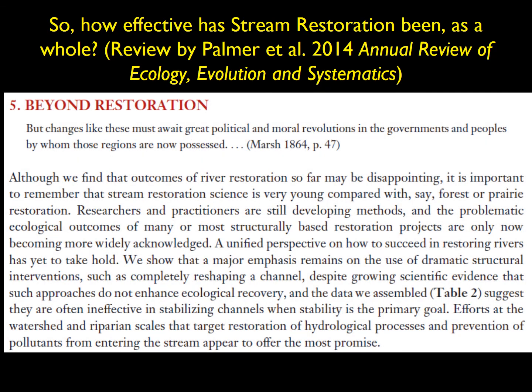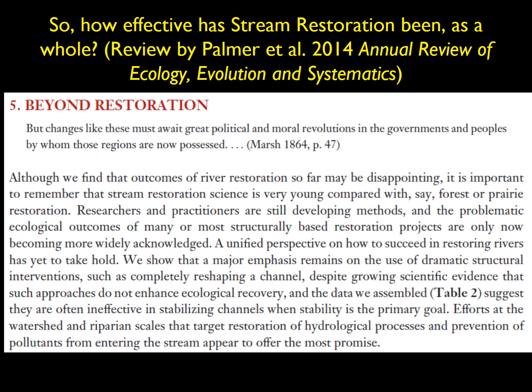And then they conclude with this thought, which is that river restoration so far is a pretty new science, newer than forest or prairie restoration. You know, although Leopold was involved in prairie and forest restoration back in the early 20th century, rivers and streams and wetlands to a certain extent too, we've really only started trying to restore since the Clean Water Act charged states essentially with trying to improve the quality of their surface waters. So we're still learning a lot about it.